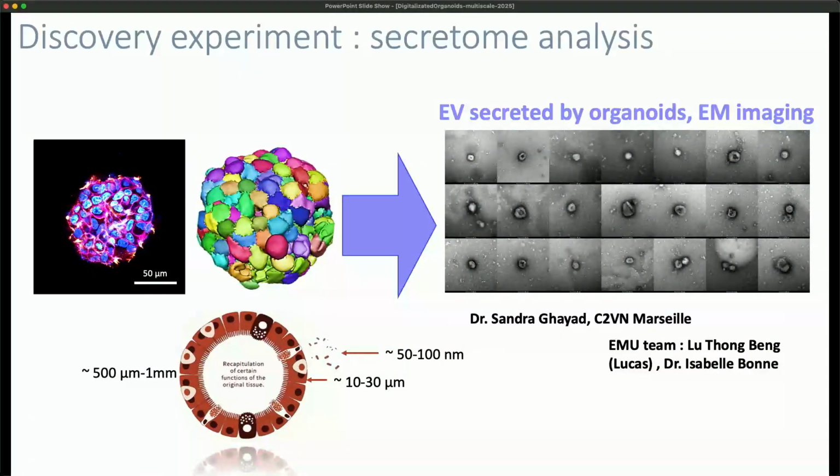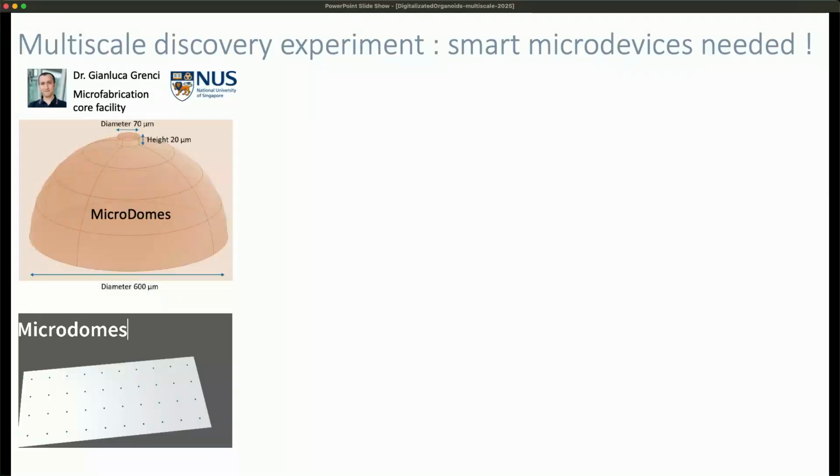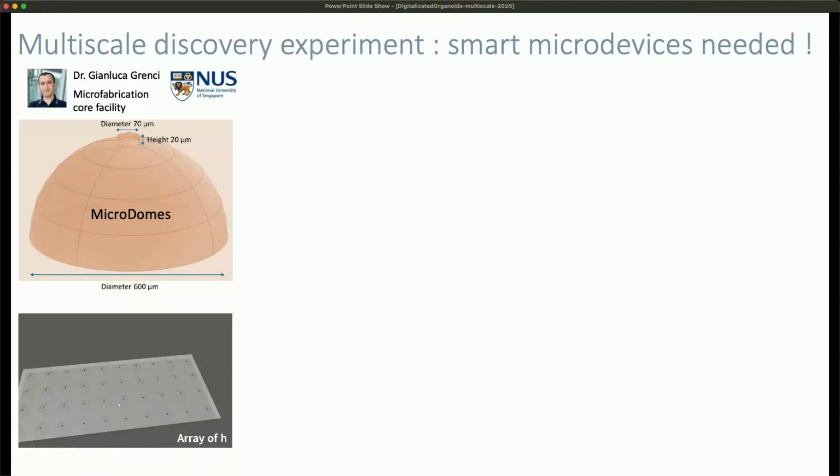I will not talk too much about that for the secretome, just to say that it's also something we are doing at the secretome level. But to be able to navigate through all this level of resolution, you need to think upfront a little bit and have smart microdevices that allow you to do all these things. And once again, thanks to a collaboration with my colleague Gianluca Granchi at the Microfabrication Core facility, we were able to design this Quechua tent, let's say, with a top aperture, with a chimney on the top, and you let the